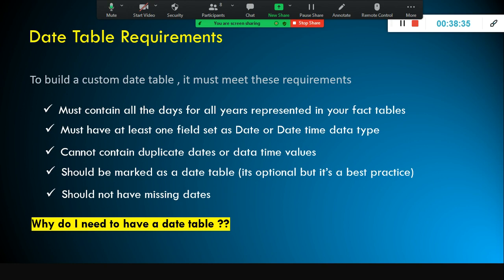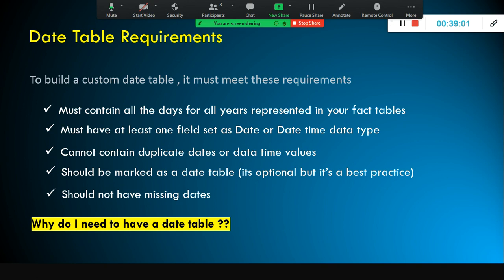So my calendar table or date table should consist of all the days for all years represented in our fact tables. What does this say? Supposing in my fact table, the last 4 years of data is there, and the minimum date is when we started the business, sometime in January 2018.